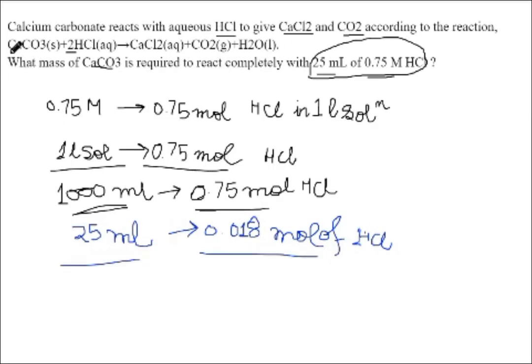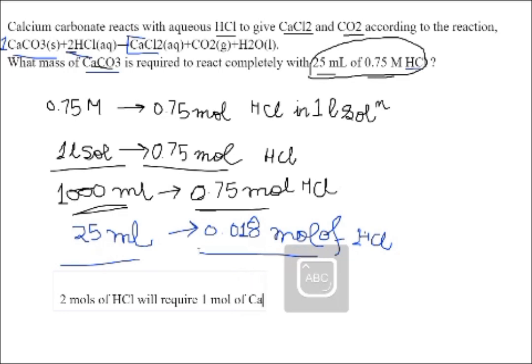Now, if you look at the equation, 1 mole of calcium carbonate will be needed to react with 2 moles of hydrochloric acid, right? You need not look at this part of the equation. Since you have been asked to find the mass or mole, whatever you say, of calcium carbonate, which is reacting with hydrochloric acid, you better look at these two components, right? These two molecules, that CaCO3 reacts with hydrochloric acid. So 1 mole of CaCO3 reacts with 2 moles of hydrochloric acid. That means you can say that 2 moles of HCl will require 1 mole of CaCO3,